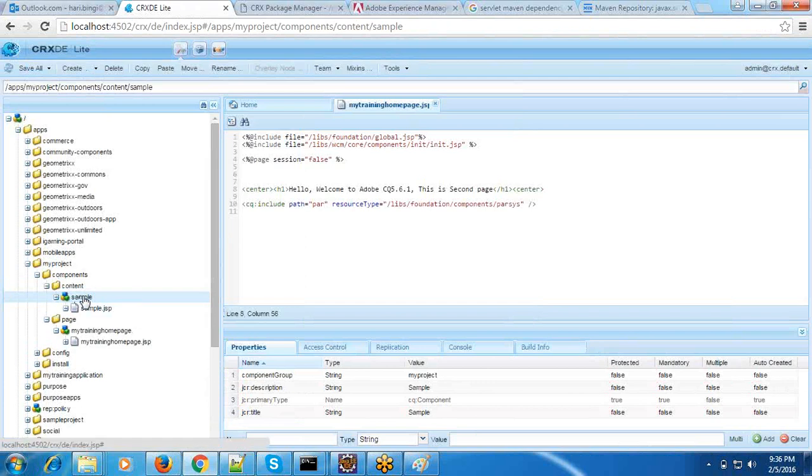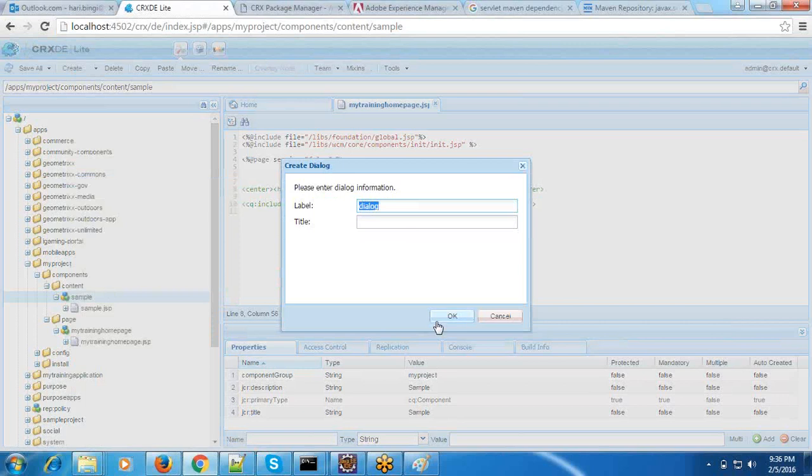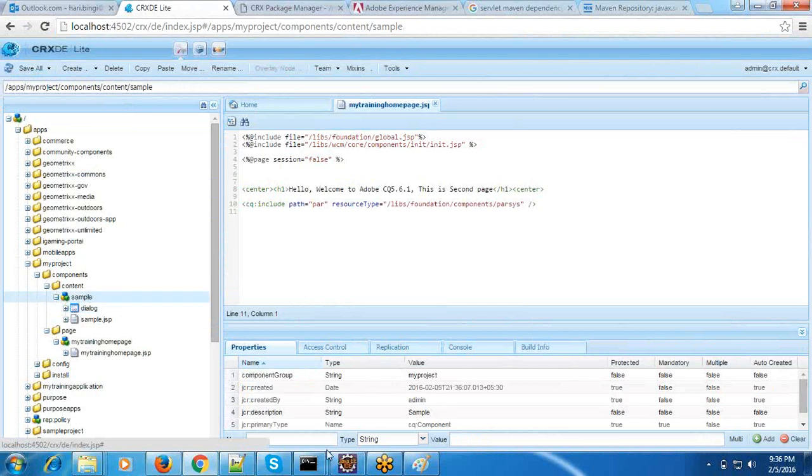I created one component. I am going to create a simple dialog. Saved it. Now I would like to import this component into the Eclipse,